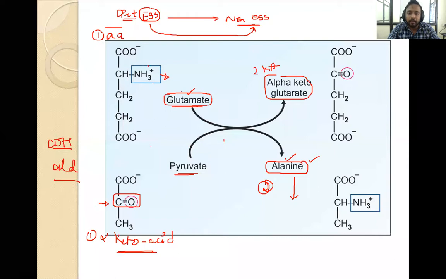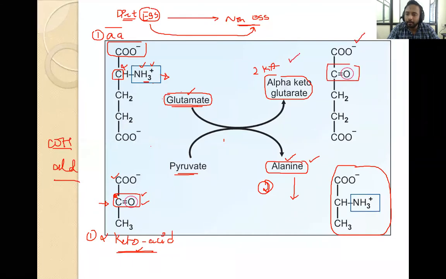That is the amino group, the alpha amino group. Yes, this is the alpha carbon to which amino and carboxyl both are attached. So the alpha amino group is transferred from one amino acid to an alpha keto acid. Why is this alpha? Because the carboxyl group is attached here, and the keto group is here. Two functional groups are on the same carbon. So the alpha amino group is transferred from one alpha amino acid to an alpha keto acid to synthesize a new amino acid and a new keto acid. Yes, here you can see the keto group.